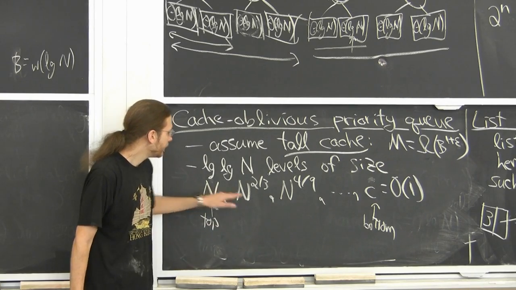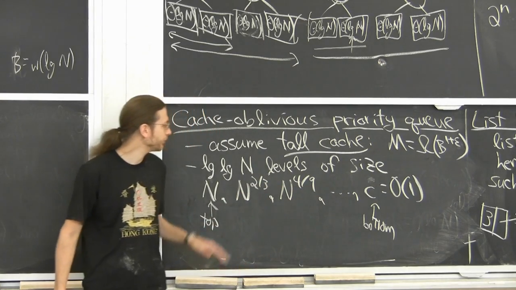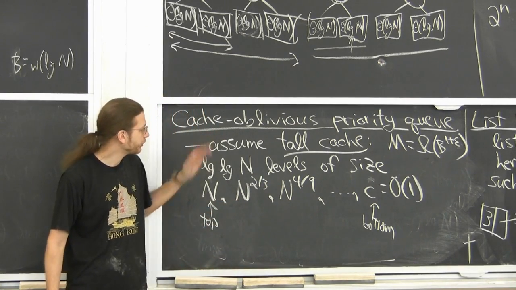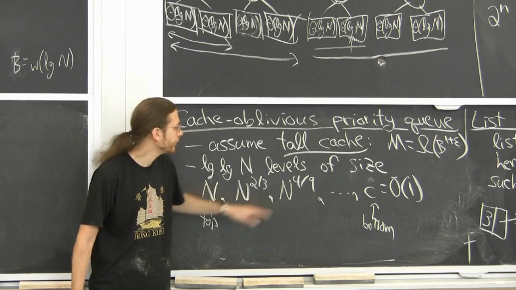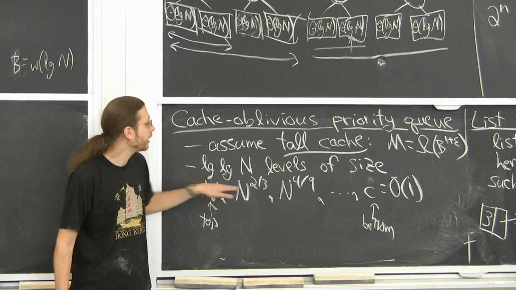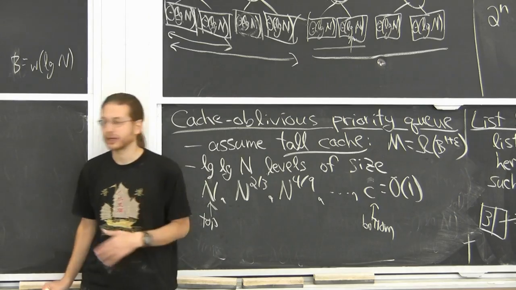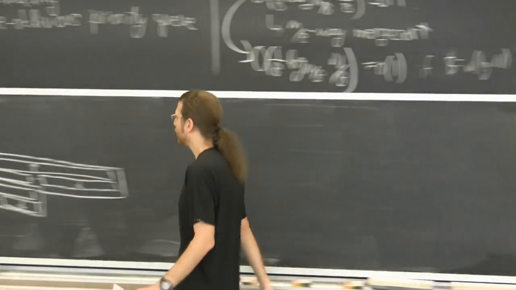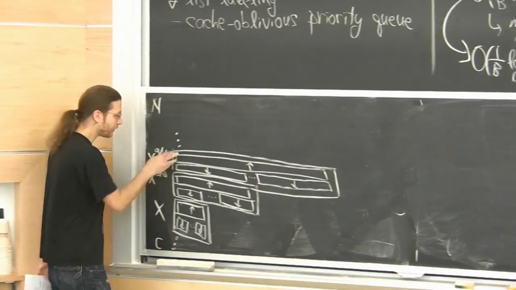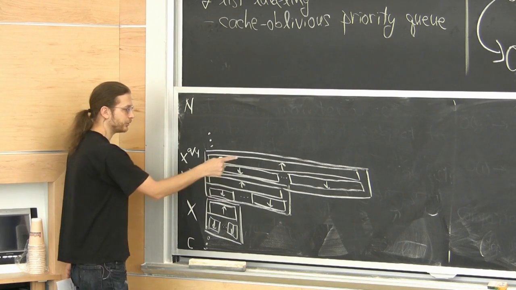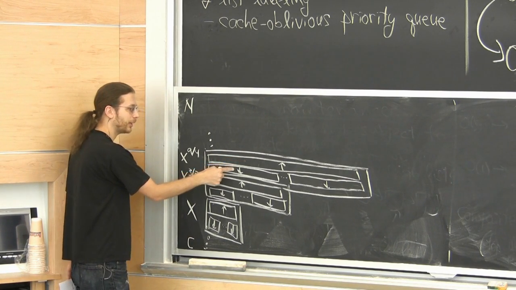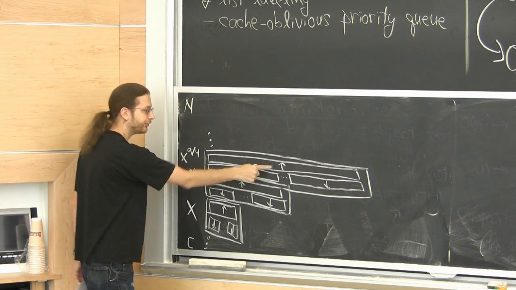So that's how they go. If it was just exponential, it would be like n over 2, n over 4. But in logarithms, we're changing by constant factors. So it's doubly exponential. And then each of the levels is decomposed into top buffers and up buffers and down